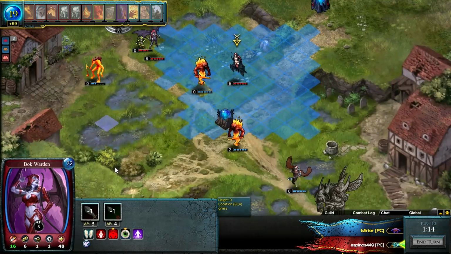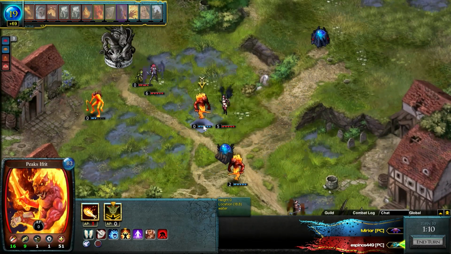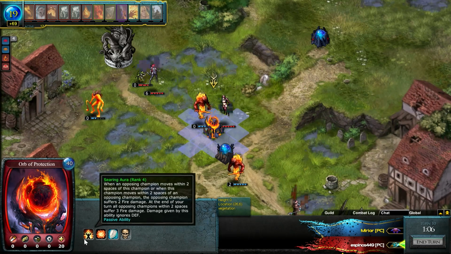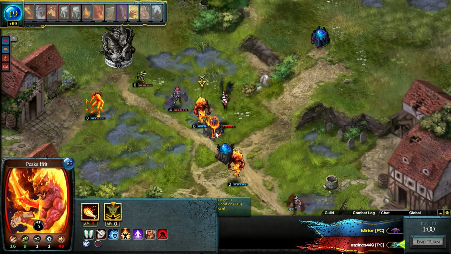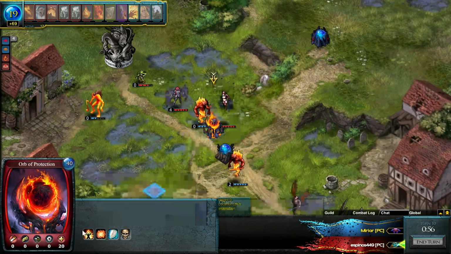Bark Warden really can't do much. I'm keeping the Elemental away from it. It's Orb of Protection, alright. Just trying to keep the font contested, I guess. It doesn't really do much against most of my stuff, which is melee. But